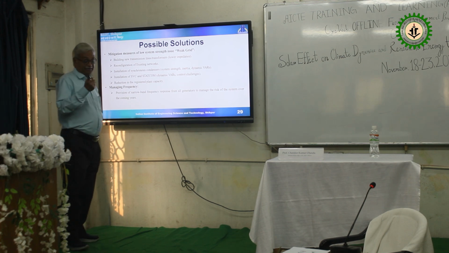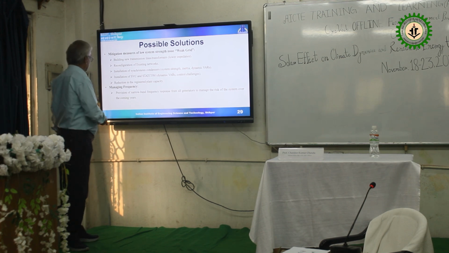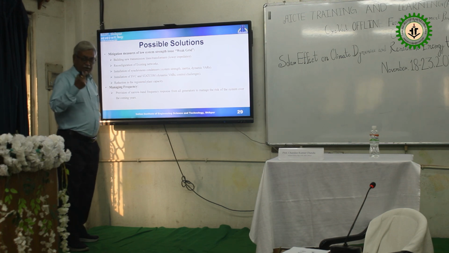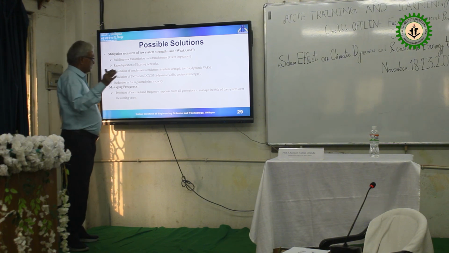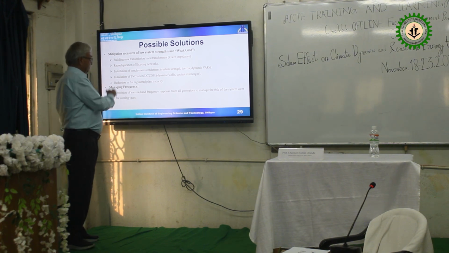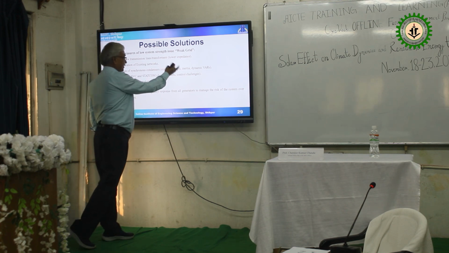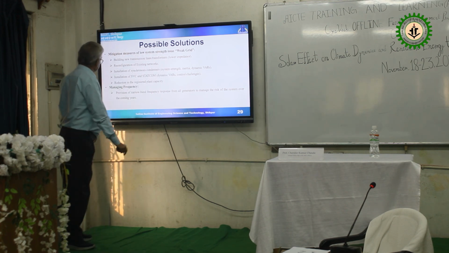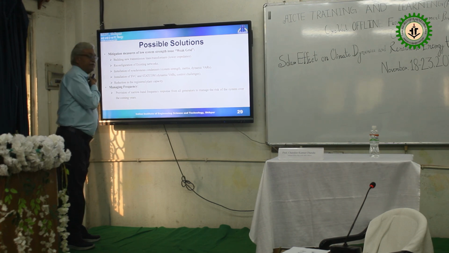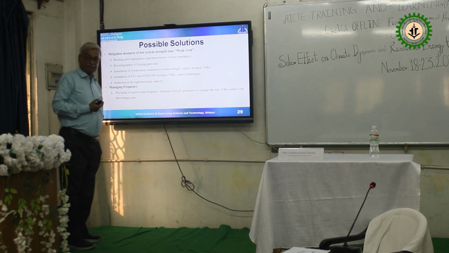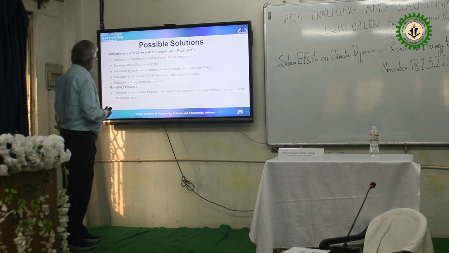So the synchronous condenser plays a very important role, we can install it. But we have to check the price, whether it is cost effective or not. A lot of people nowadays use synchronous condensers when they go for renewable energy. Very important role, power factor improvement. A lot of plus points are there. The main thing, we are getting inertia free, absolutely free, no cost for that. Installation of SVC and STATCOM is also very important, to control dynamic behavior and control challenges.